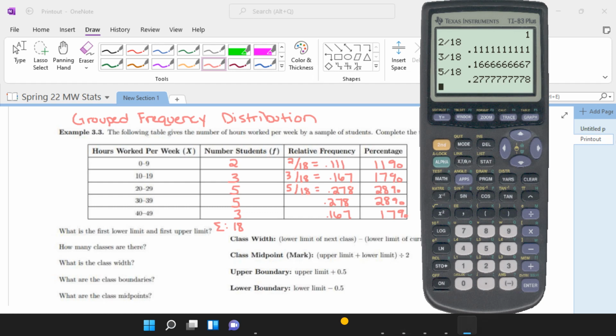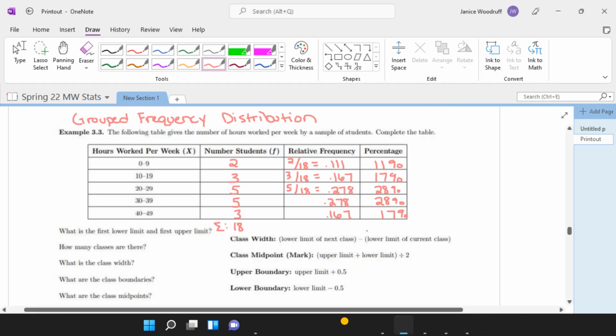So we can take this data and answer questions about it. I'm just going to go ahead and add the percentages, make sure they add to 100. 101, close enough, we're good. Probably because of the rounding, because I had to round up 3 times, or 4 times, here, here, and here. So we're okay there. I could take this and put it into a circle graph if I wanted, or